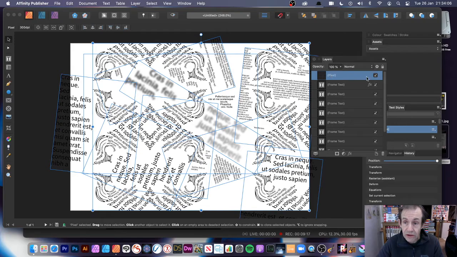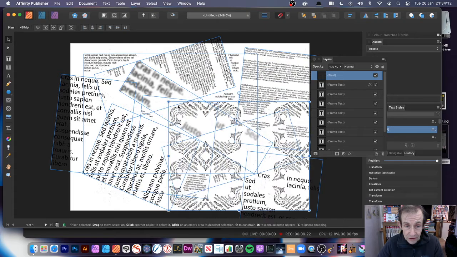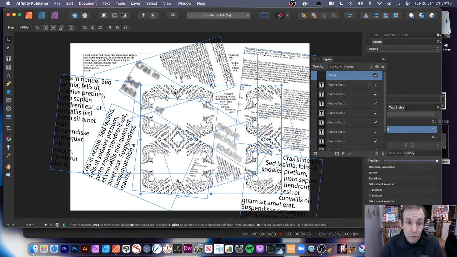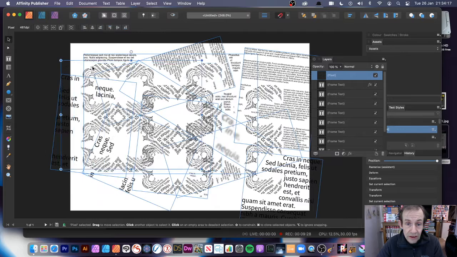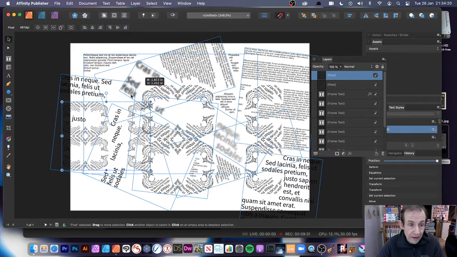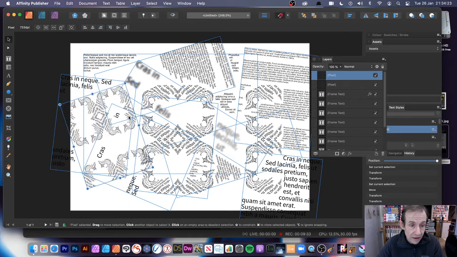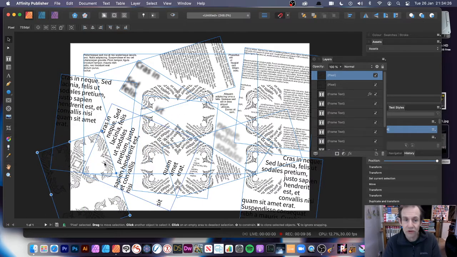Now, what you can then do, of course, and maybe you can actually resize it like that. And then you can hold down the Alt or Option key. And you can see, you can distort all those and resize it again. Rotate. Of course, at some point, you'll end up with no text on the screen because you've got so many of these pixel layers. But you can see you can create some very abstract layouts. Of course, maybe this is not probably going to be ideal for most magazines. But if you want to create some very unusual, unique text layouts, this is a great way of creating some very unusual text layouts